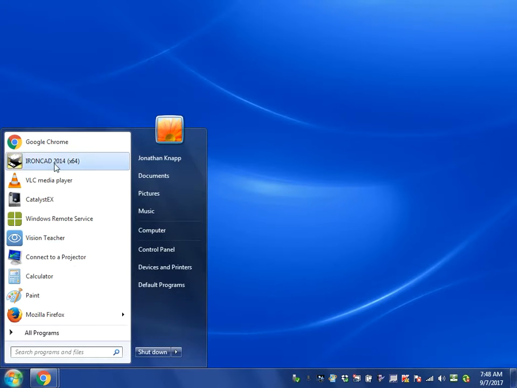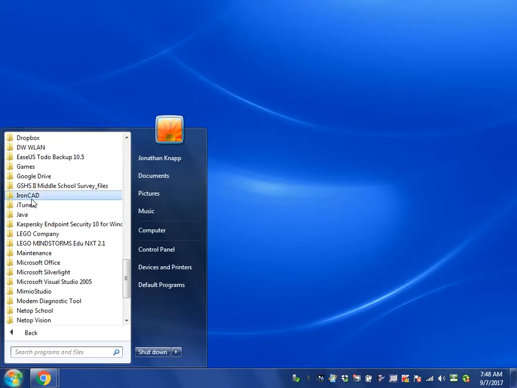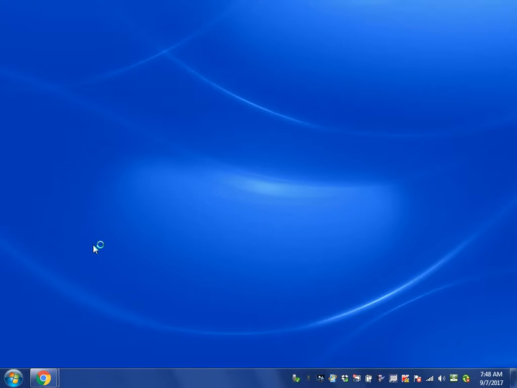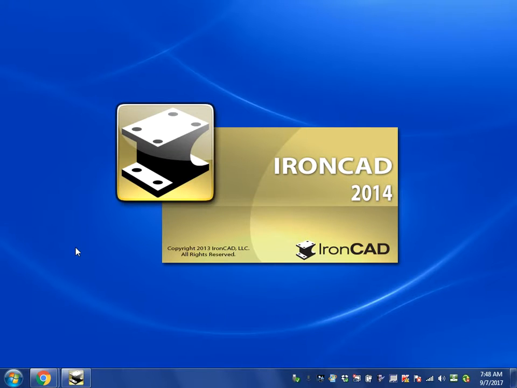Now, you may have a shortcut up here if it has been opened recently, but it's likely that you may need to go to All Programs, and then you may need to find the IronCAD folder. So you're looking for the folder that says IronCAD. Inside of the IronCAD folder, you're going to see a shortcut called IronCAD 2014 X64. So we're going to go ahead and click on the IronCAD 2014 X64 shortcut, and that's going to allow IronCAD